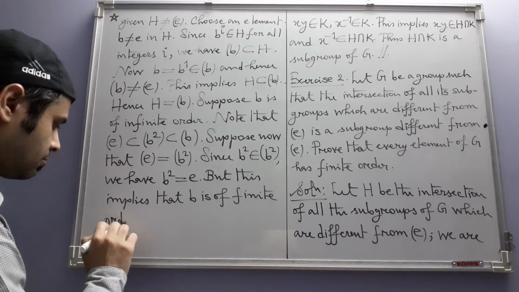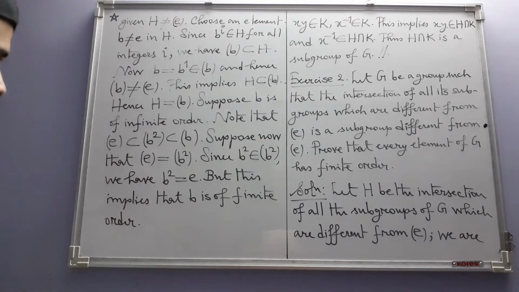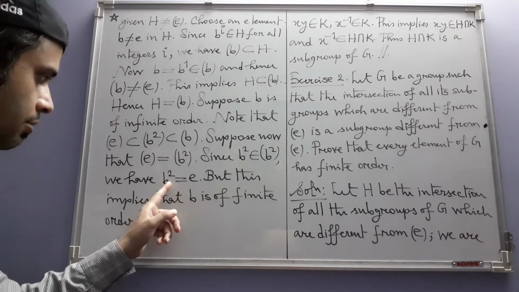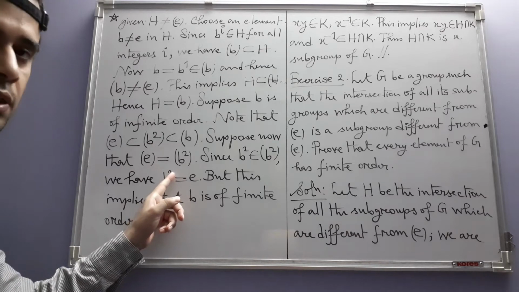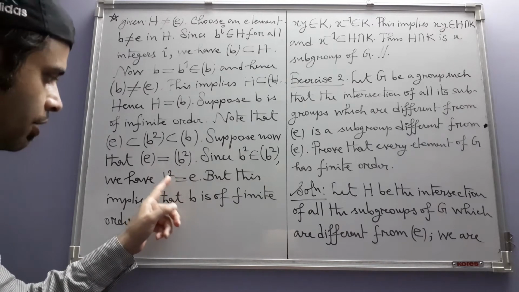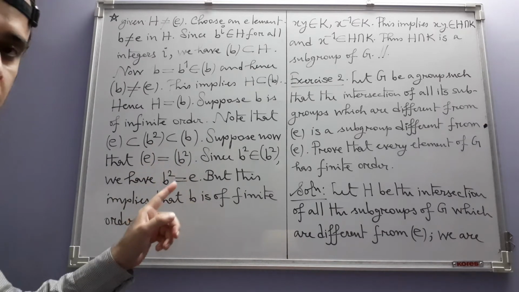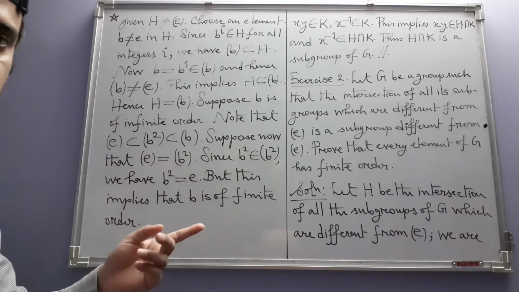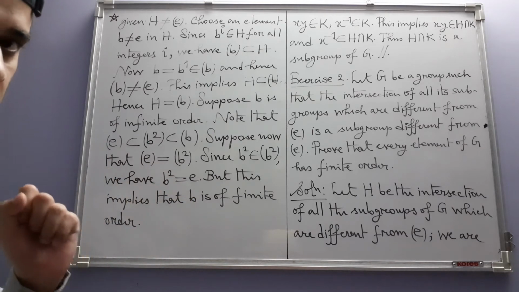Why? Because there is this equation where we have a positive integer for which this equation is true. So the order of B has to be finite. Order of B in fact will be either 1 or 2,